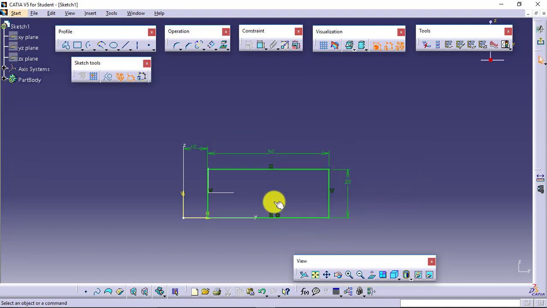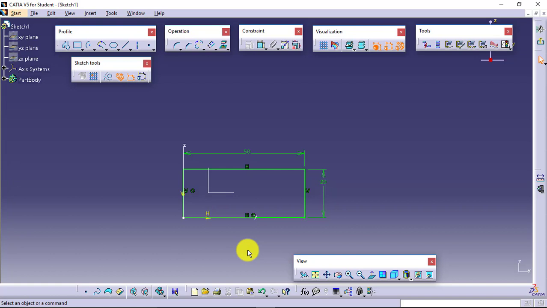I will apply it. You can see this is fully constrained. Similarly, over here, if you want to do it, yes, you can easily do it. Select this first, second, right click, coincidence. Now your sketch has been coincided. You can see earlier I was applying 4 dimensional constraints, but if I am using the geometrical constraints, coincidence, as an extra, then I just need to apply 2 dimensional constraints just to make this rectangle as fully constrained.